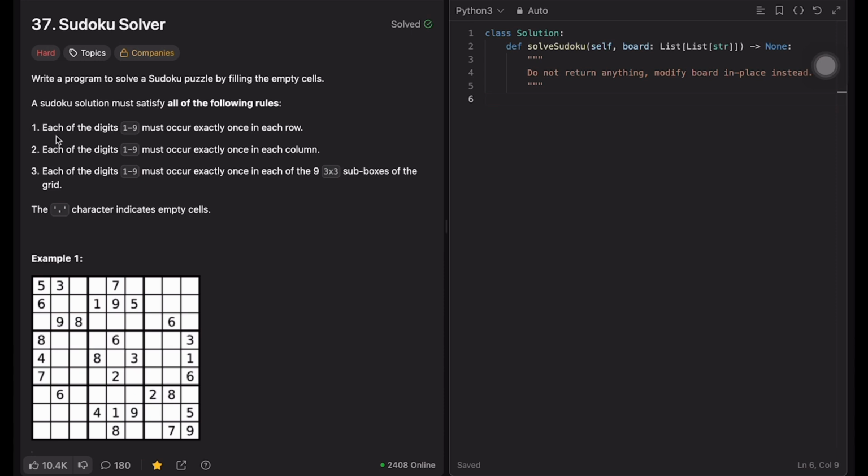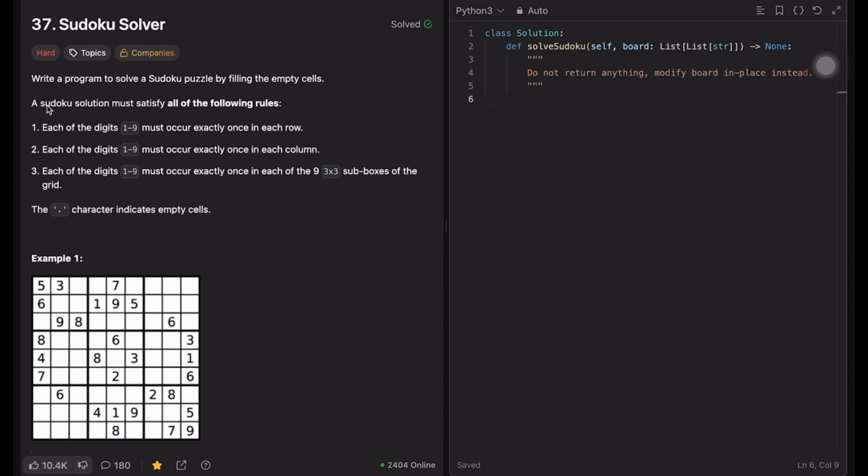Everyone must be aware how we fill a Sudoku, right? We have to fill all these cells with values from 1 to 9 with unique values. The same applies to the grid, which should also contain 1 to 9 values that are unique, with no repetition. So we have to solve the Sudoku, and that is what we are going to write the code for.